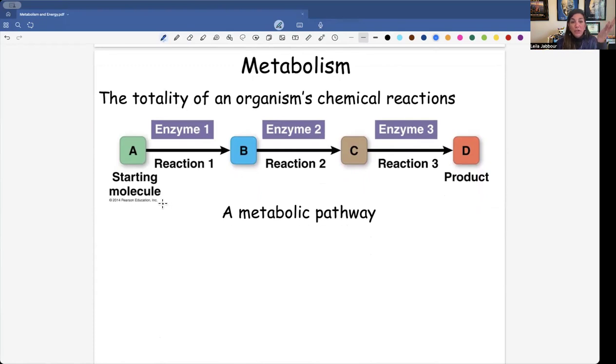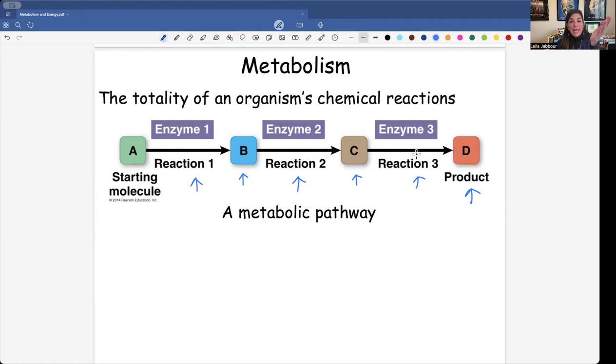If you start with one molecule, let's say we call it A, and this molecule is going to eventually give you a product that we're calling D. Well, to get from A to D, sometimes there are many reactions that have to take place to transform molecule A into the molecule D that we need. And in the process, we create intermediary molecules called B and C, and every time it's a chemical reaction and another chemical reaction and another chemical